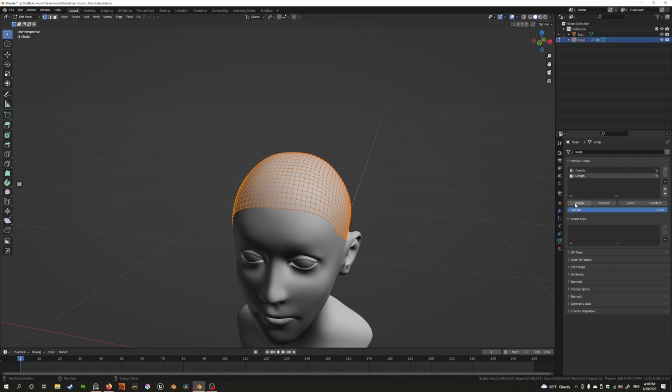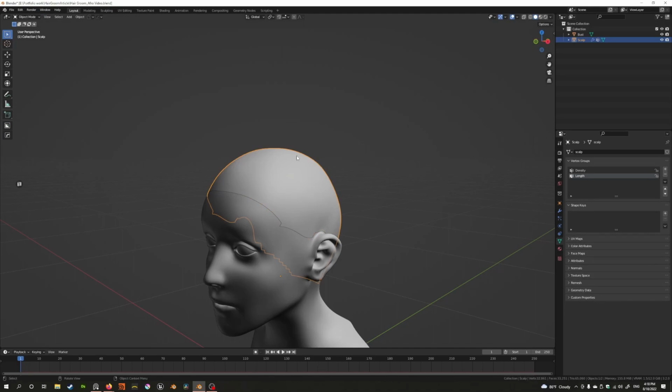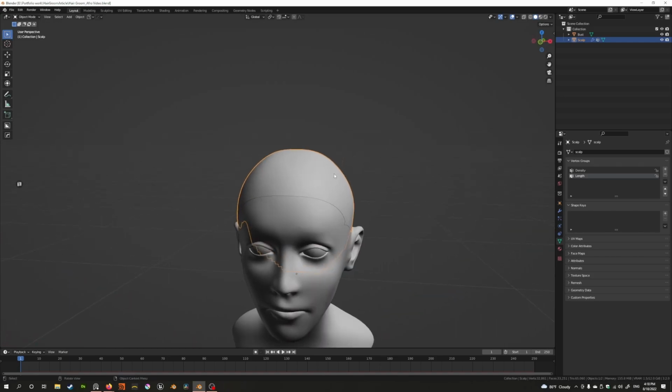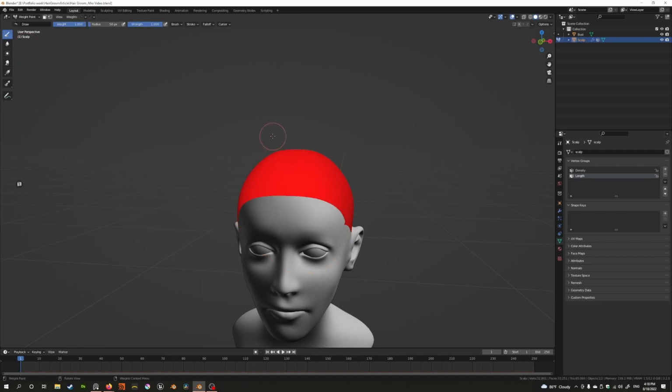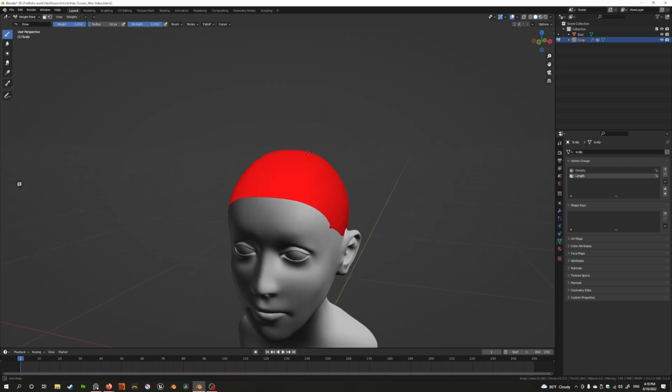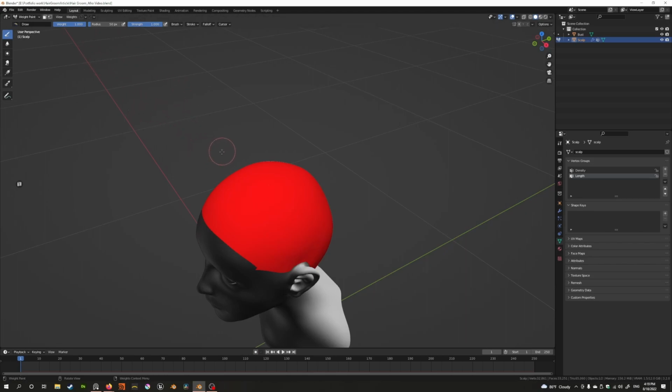Okay, I'm just gonna assign everything to the length. I'm not 100% sure I'm going to use density, but I just wanted to add it just in case. And then I'm going to go to weight paint mode. Then I'm going to take my drawing tablet pen, just wipe the dust off my tablet because that happens every day. Whoa, there's a lot of dust. And then I'm going to sort of color onto this where I want the length to be longer